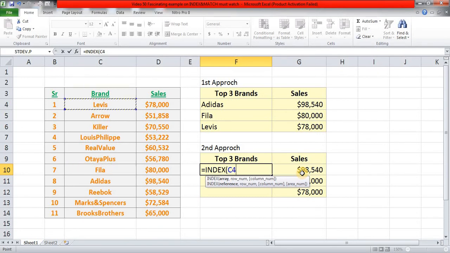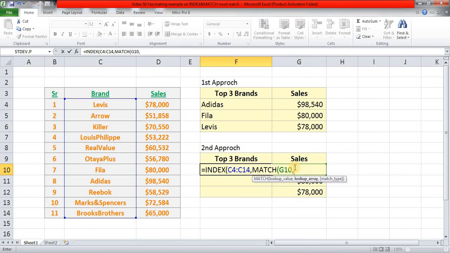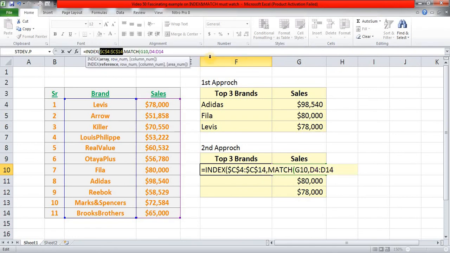For index, my array is this, that is the list of my brand names. Then for row, I am using match, tab. My lookup value, now it's not visible, but it's there in G10, comma. My lookup array is this, isn't it? Now I am just freezing it, because in this particular index and match we are not doing any array function.